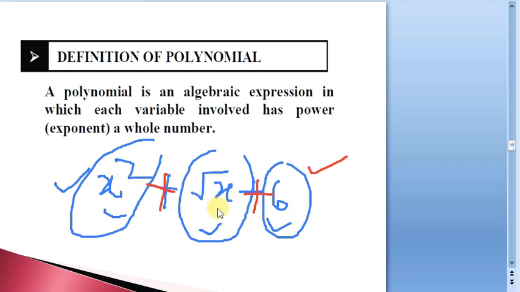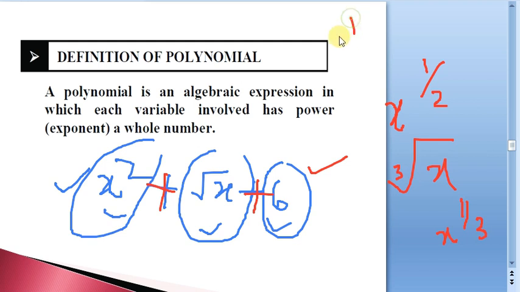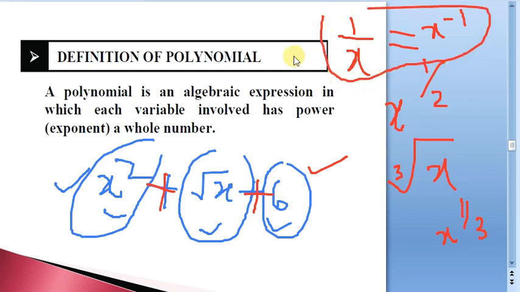We can identify the coefficients. Now see the exponents here. Already in our number systems we have seen how to represent a radicand. If root x is there, we write it as x power 1 by 2. The nth root we can write as power 1 by n. If I have the cube root of x, we write it as x power 1 by 3. And one more thing to remember: 1 by x is the same as x power minus 1. If you remember, x power minus n, the same thing you write as 1 by x power n.